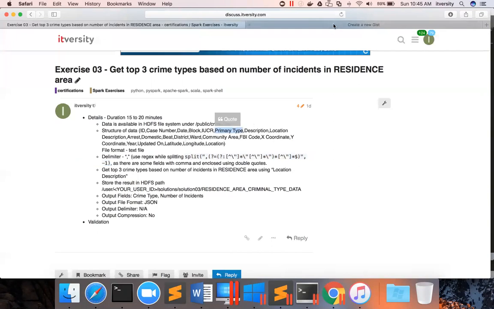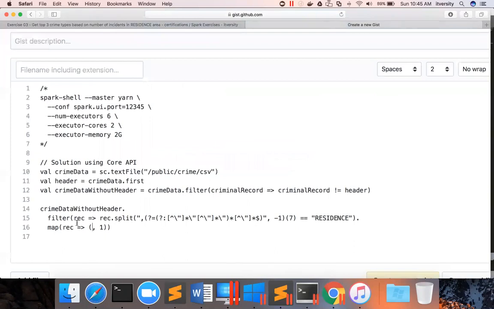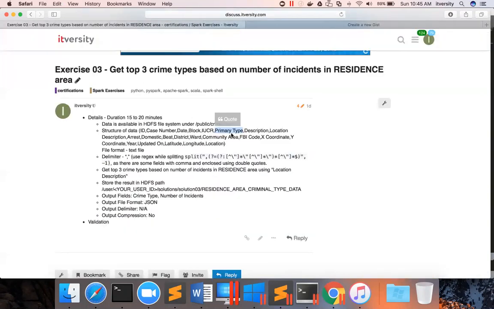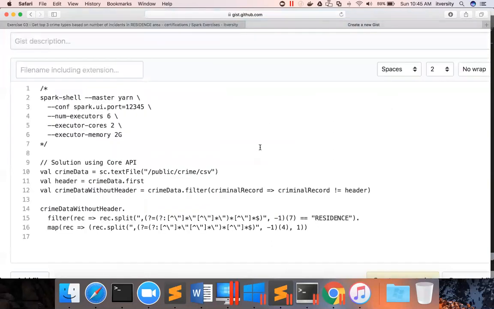Okay, so hence I just have to say rec dot split of -1 and 4. Okay, let me see if it is the 5th field. Sorry, 6th field. ID is 1, case number is 2, date is 3, block is 4, IUCR is 5, primary type is 6, which is nothing but crime type. So this has to be 5 because the index starts with 0. This will give, for each input record, a tuple which is nothing but crime type or primary type, comma 1,